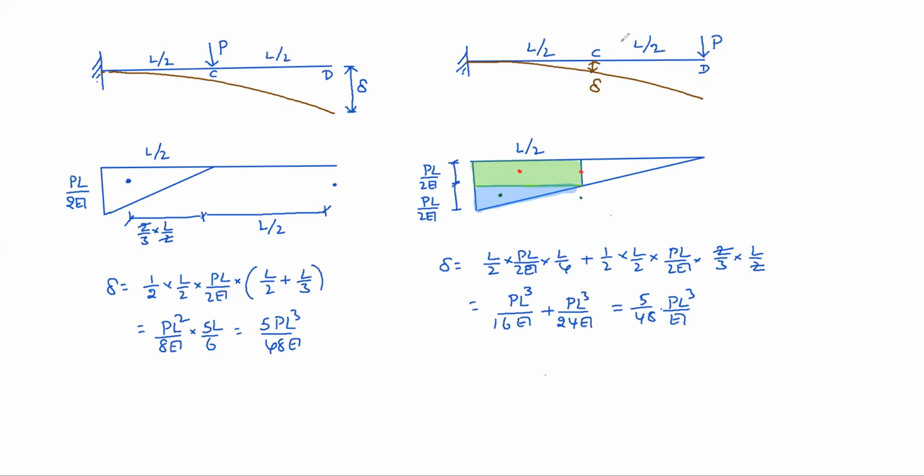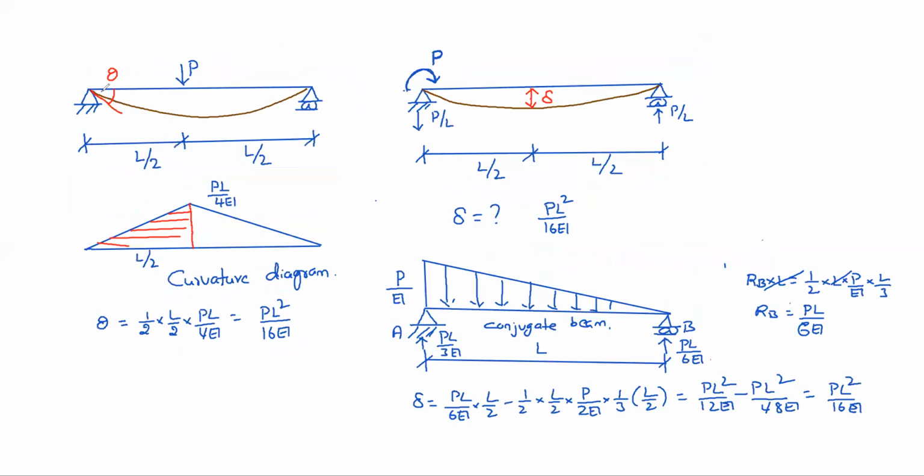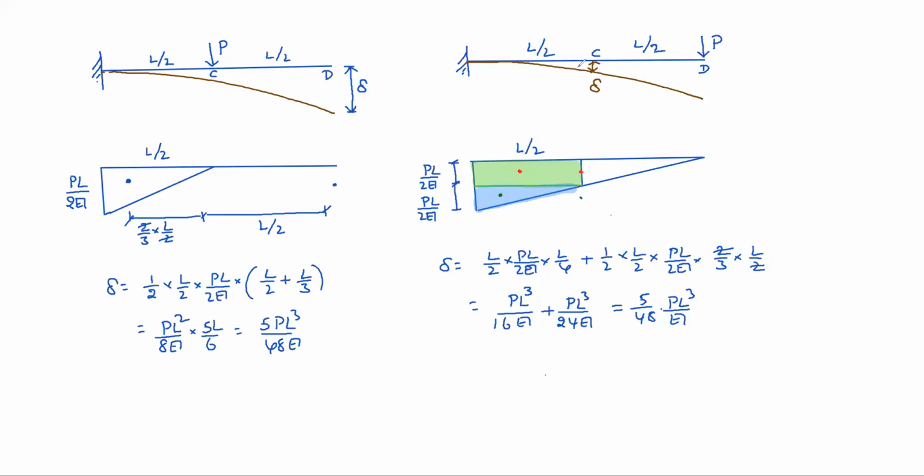The displacement can be either deflection or slope, not a problem. Load may be either point load or moment. In the previous problem we have seen that the displacement we took was slope. That's why in place of slope we need to put a couple. Under the point load we need to measure a deflection. Similarly here, under point load we are measuring deflection, and under deflection we are putting point load. Just interchangeably we can use this.